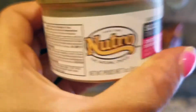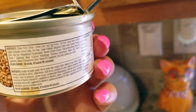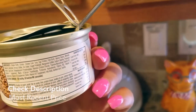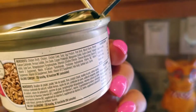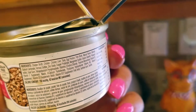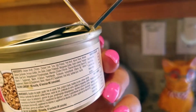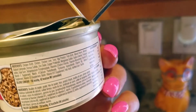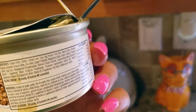And where are the ingredients? Okay, right here. It's chicken broth, chicken liver, tuna, egg product, pork broth, natural flavors, minerals, calcium carbonate, ferrous sulfate, zinc oxide, copper proteinate, magnesium sulfate, sodium, potassium, guar gum, vitamins, vitamin E, niacin,